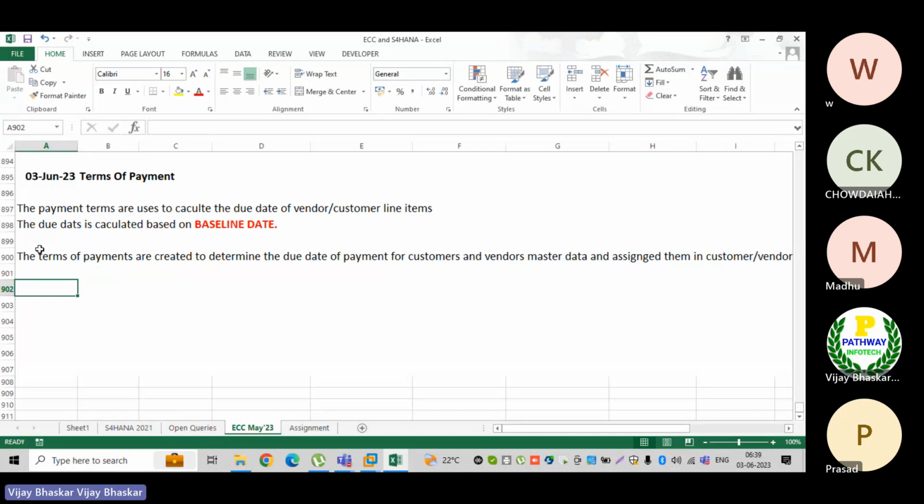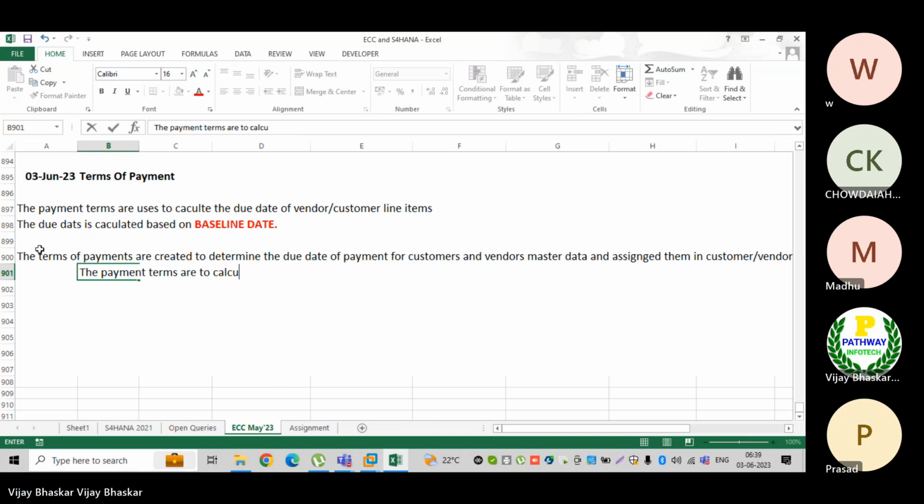Then while posting, the important thing is that the payment terms are created to calculate the net due date. We need to understand the next one, that the payment terms are used to calculate the net due date.